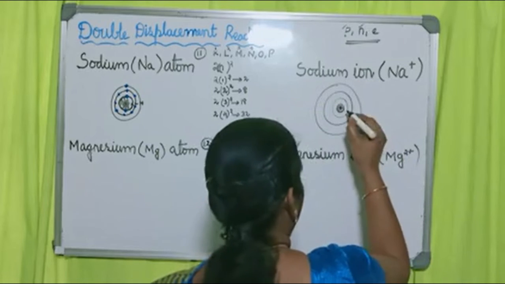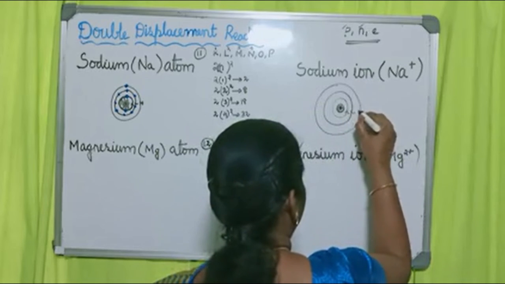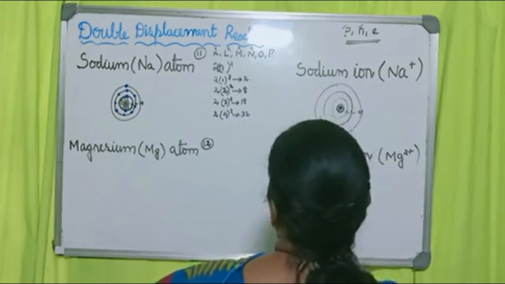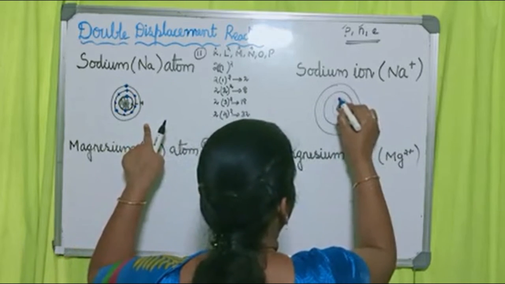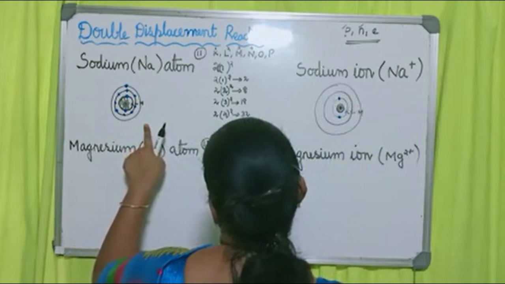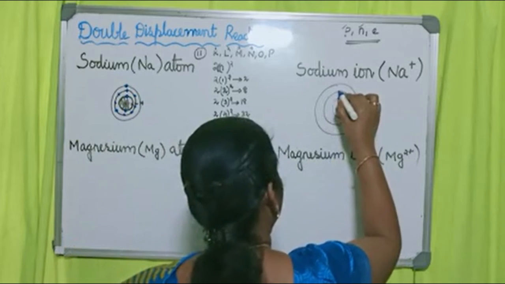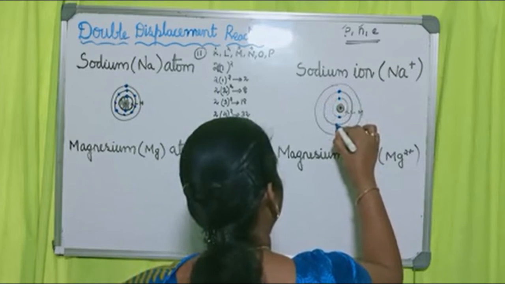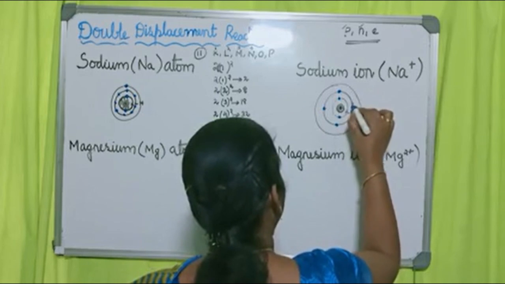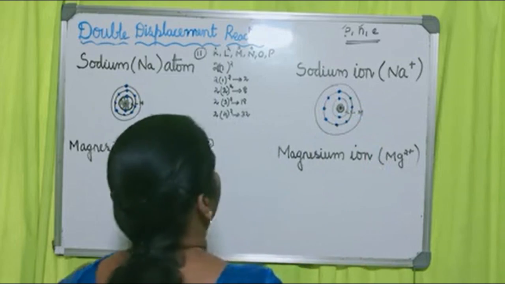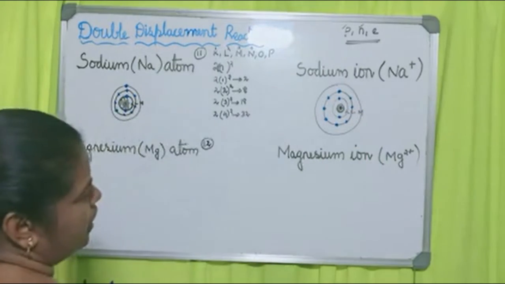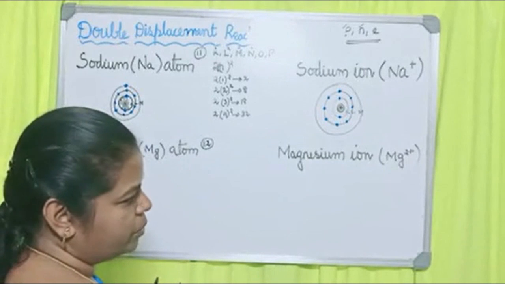Like that it goes on, I said. This one is K, this one is L, this one is M. Now, the first shell, like the atom, will also have how many electrons? 2 electrons. And the second shell will also have 8 electrons: 1, 2, 3, 4, 5, 6, 7, 8. I told you that it may give electrons or it may get